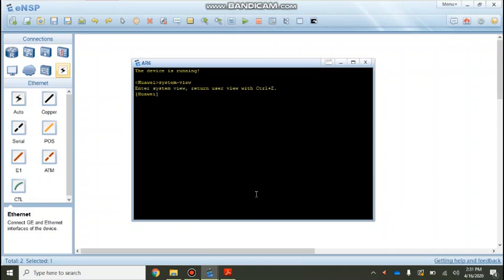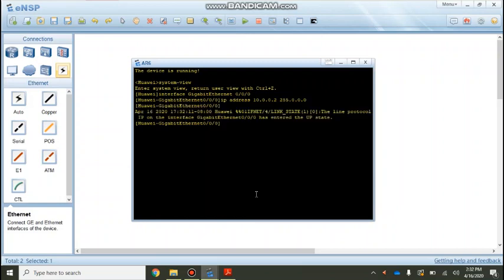So the first thing we have to do is interface gigabit ethernet 0/0/0. I will again go back to that window. I will set the IP address. The IP address I want to set is 10.0.0.2. Its subnet mask will be the same, and so it's also going to up state now.